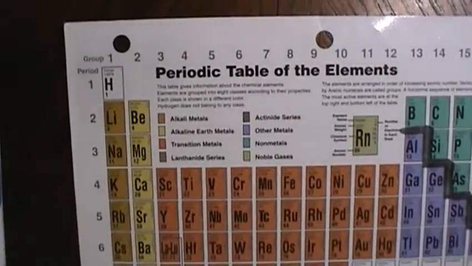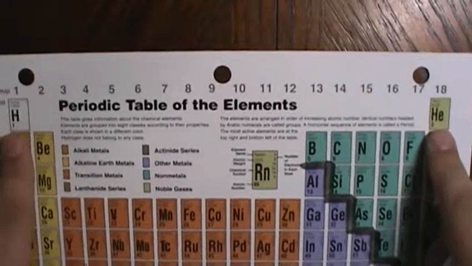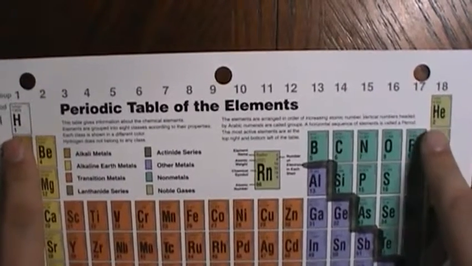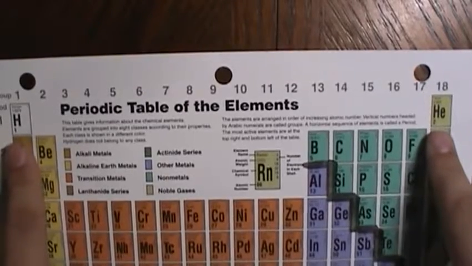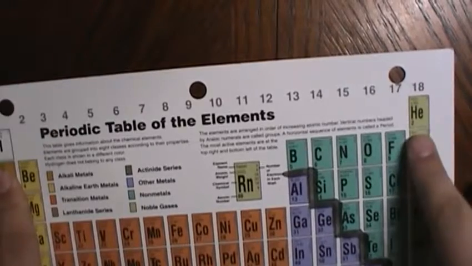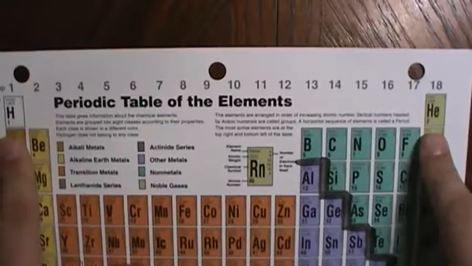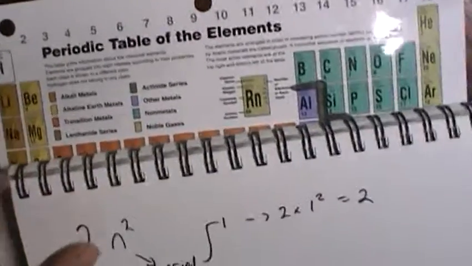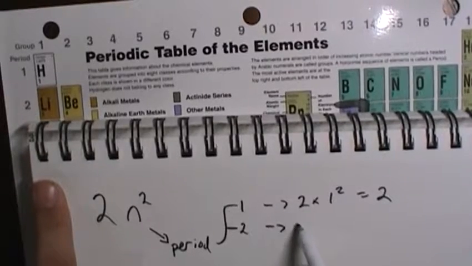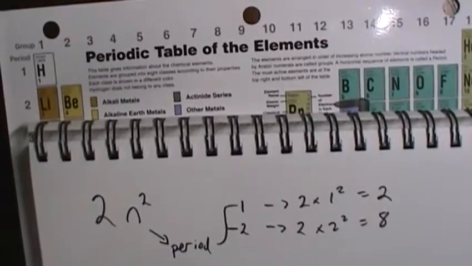If you look at the periodic table, hydrogen and helium are the only 2 elements up there, because that's a very tiny energy level, only holds 2 electrons, so it fills after helium. And that's why helium is a noble gas with just 2 electrons. It can't hold any more, so it doesn't want to react. It's stable. Second energy level, the second period, can hold 2 times 2 squared, so 2 times 4, or 8